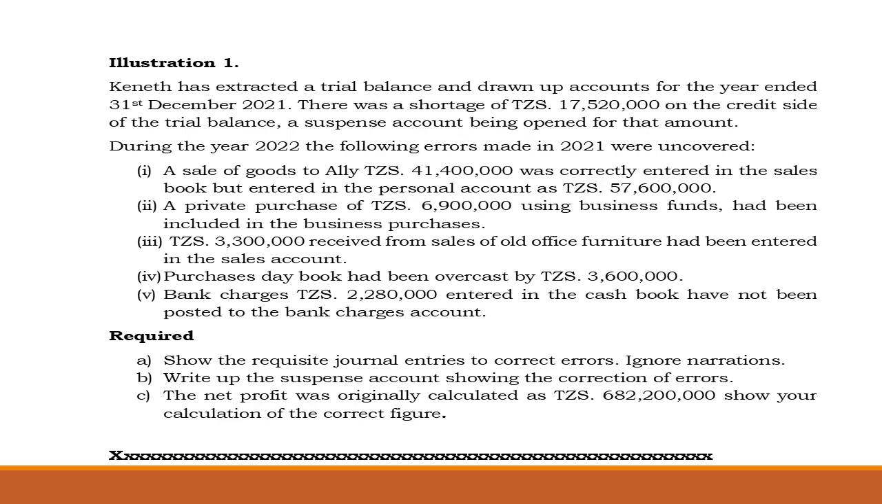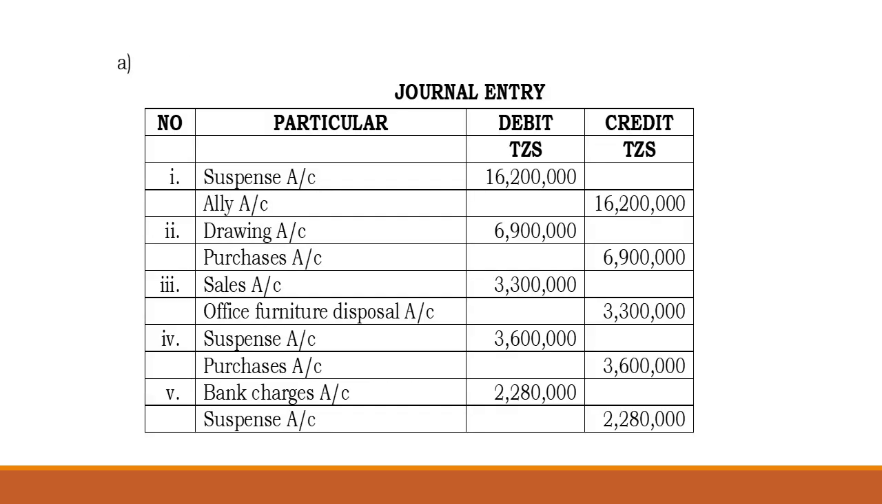So you may be required to prepare the journal entry to correct the errors. But again, write up a suspense account showing the correction of error. Lastly, when the profit was originally calculated as 682,200,000, show your calculation for correcting the figure. So by journal entry,